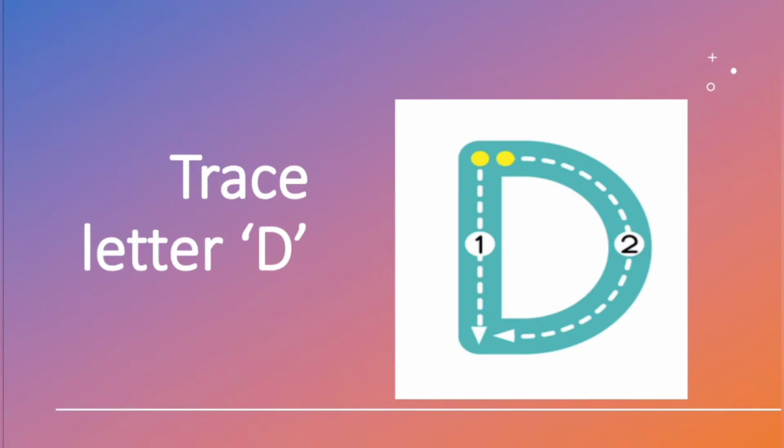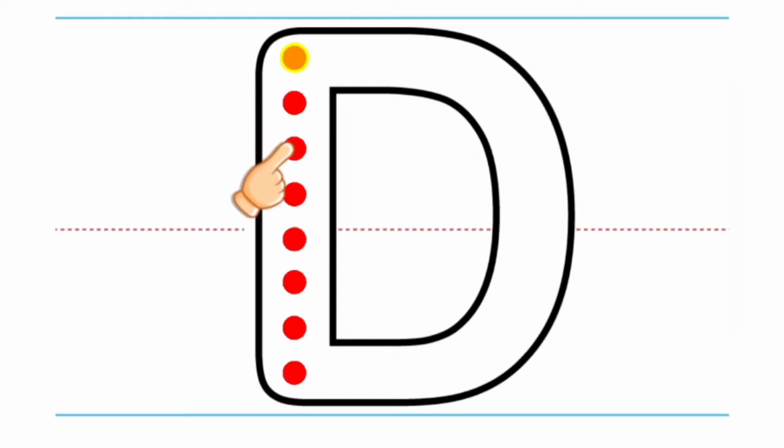How to trace the capital letter D? Shall we see how to trace it? Yes. It's very simple. It's the half part of the capital letter B. First observe. We have to draw the standing line and then a right curve. That's it, from start to end of the standing line. That's the capital letter D.